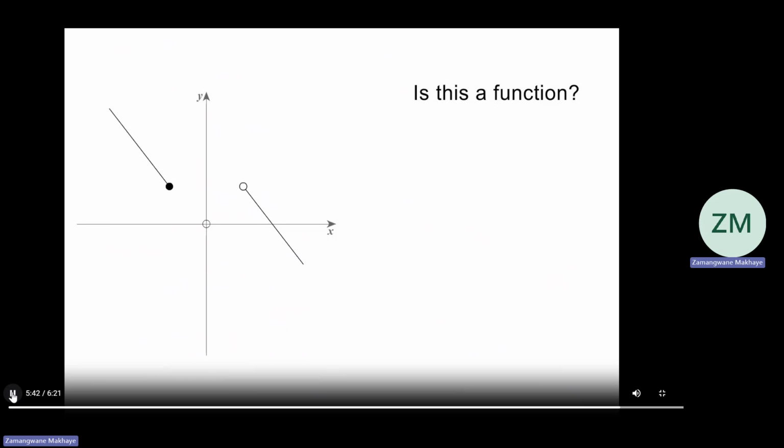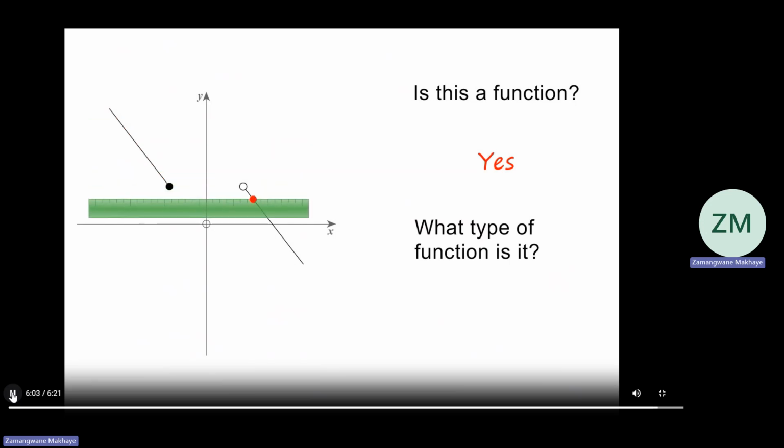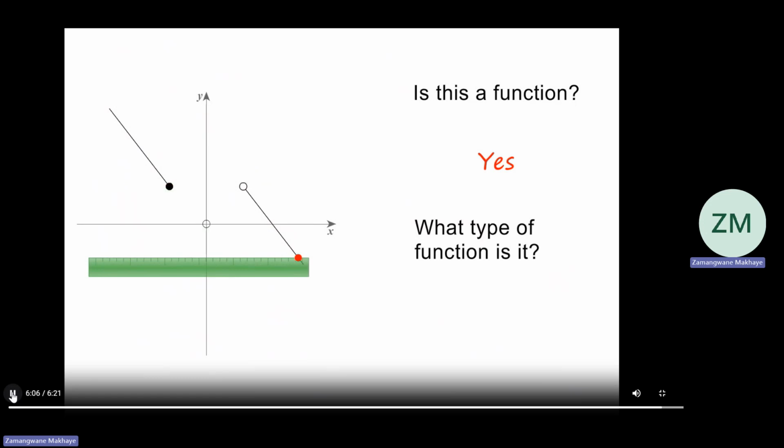In the next example, we are given a graph with a break in it. Is it a function? If we use the vertical line test, it is clear that the ruler will only ever cut the graph once. So yes, it is a function. But what type of function is it? If we move a horizontal ruler across the graph from top to bottom, it will only ever cut the graph once. Please note, the empty circle tells us that the point is not included on the graph. This is therefore a one-to-one